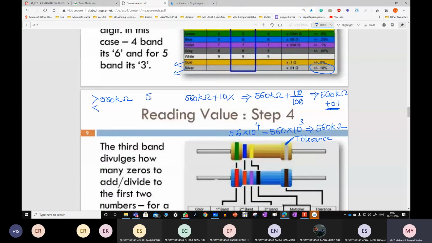Either it can be 560.1 or less than that, 559.9. Tolerance means plus or minus 10%. We can't get an accurate value. That's why if you go for a 1 kilo ohm resistor and try to measure it, generally its value will be something like 998 or 999, depending upon the tolerance limit. Clear on how to calculate this?